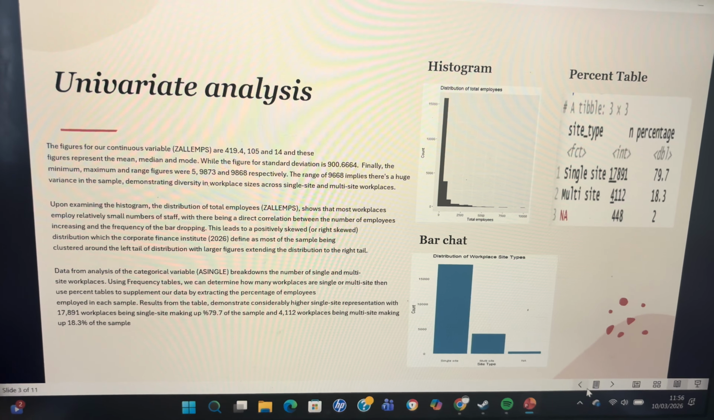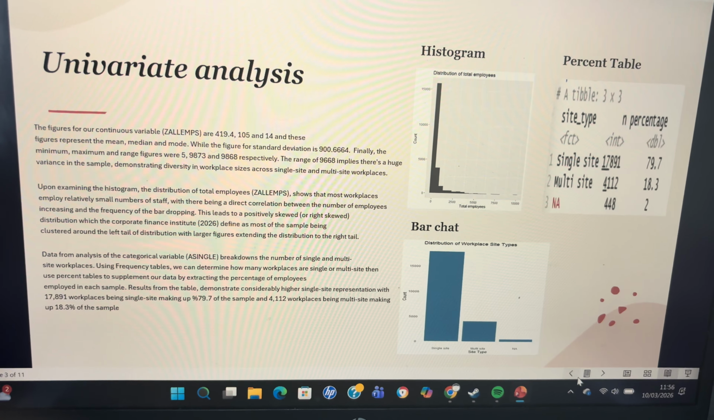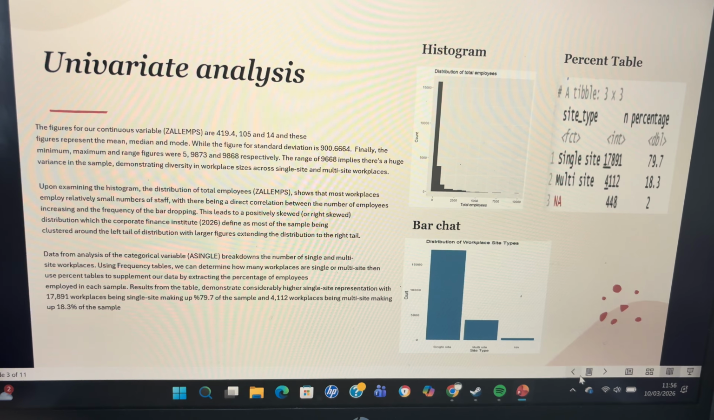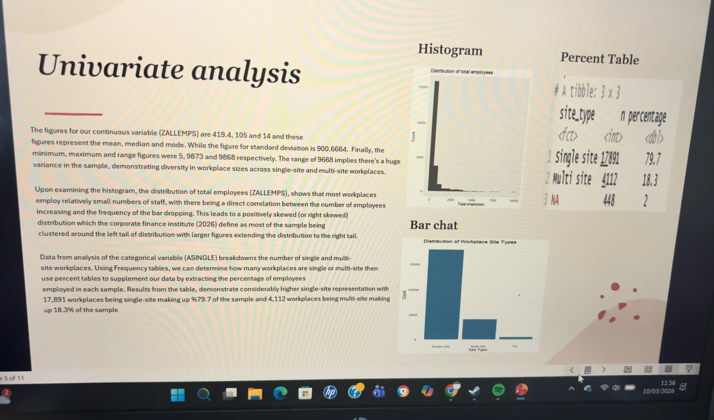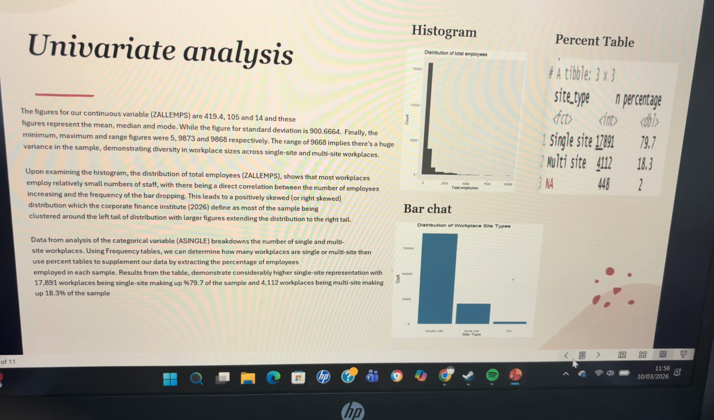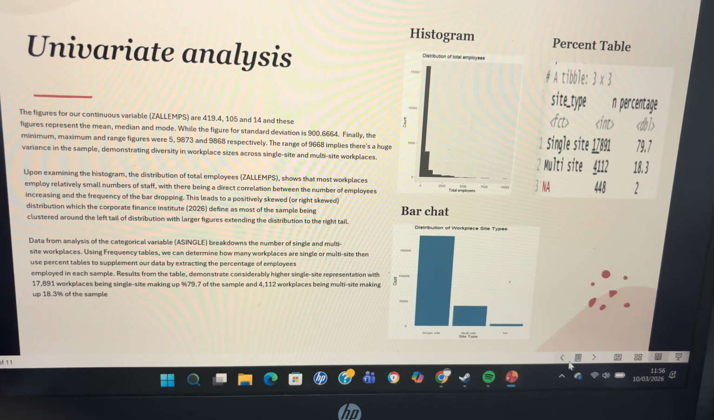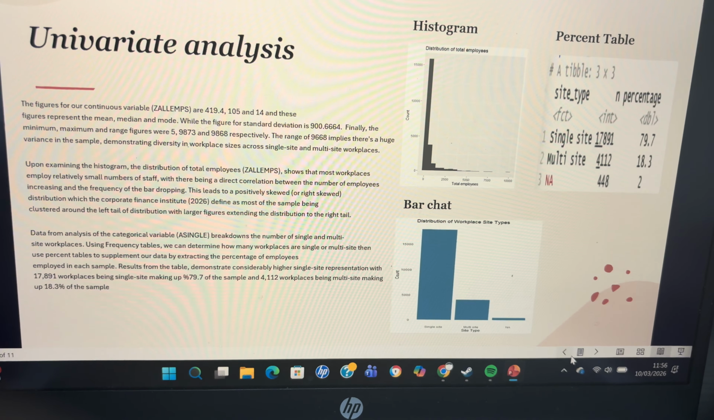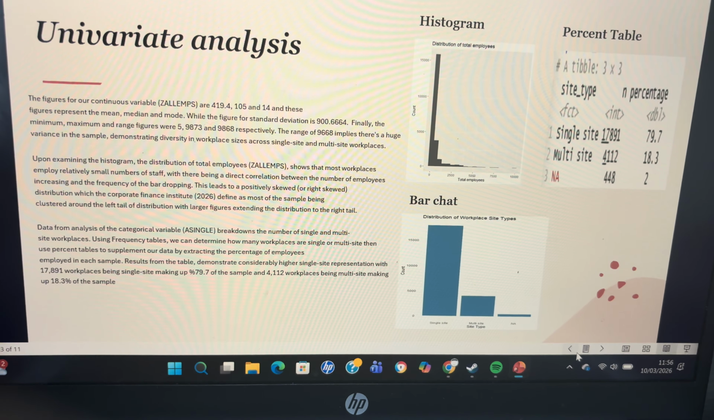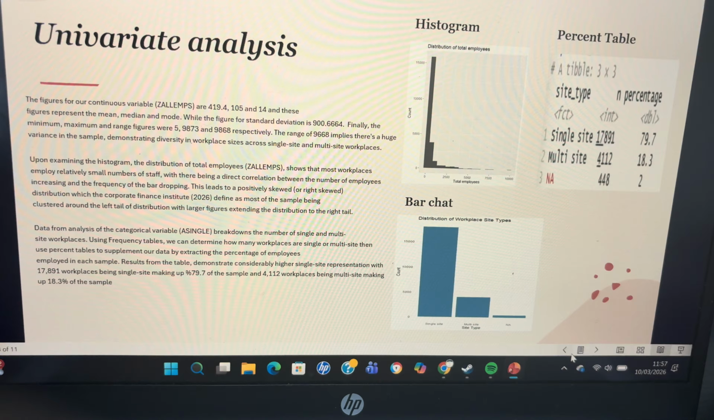Univariate analysis. The figures for our continuous variable are 419.4, 105, and 14. These figures represent the mean, median, and mode, while the figure for standard deviation is 900.664. Finally, minimum and maximum range figures were 9,873 and 9,668 respectively. The range of 9,668 implies there's a huge variance in the sample, demonstrating diversity in workplace sizes across